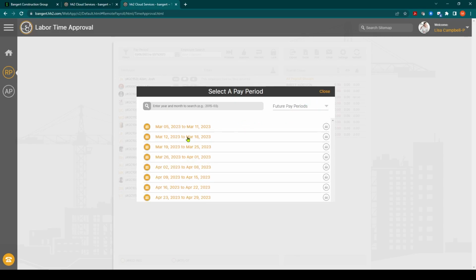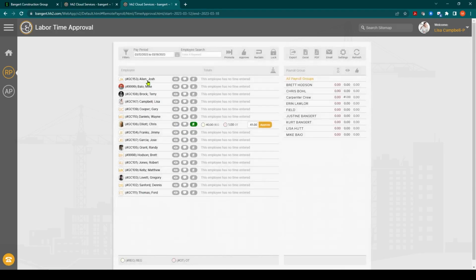And there's our March 18th. And now you'll see all the employees that she's responsible for pushing forward. She has the same type of look where she can just see time by individual crews or pay groups or departments here that you can set up. And then you can see which times are missing, etc.